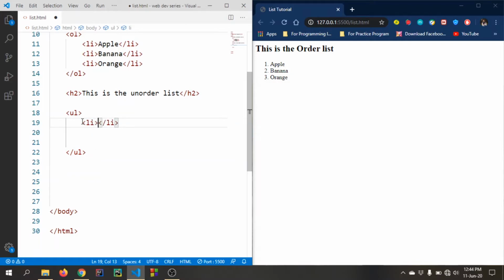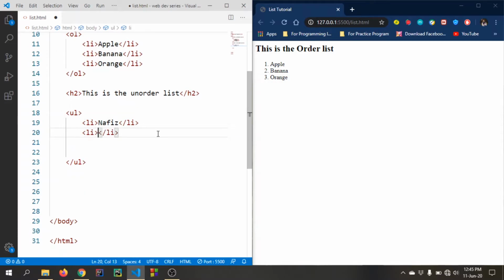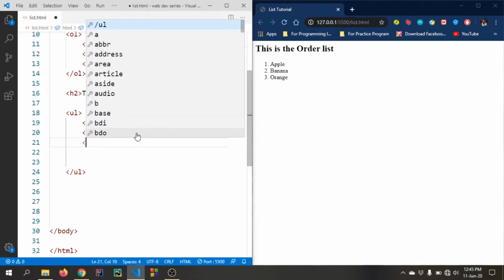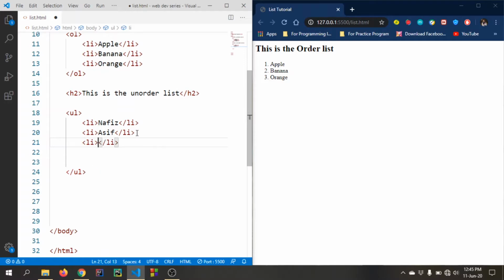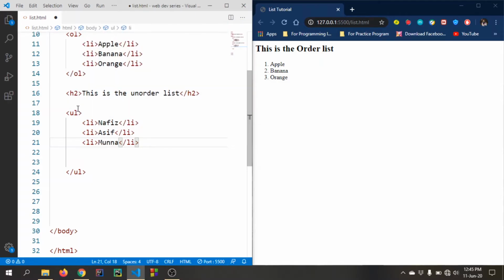li. So suppose these can be names, Nafiz. Write another one, li. This can be Asif. Another one, li. So li are the list elements, and ul is the unordered list declaration. So there can be Munna here, and if I save this, we can see in our live server in our browser that we have an unordered list,